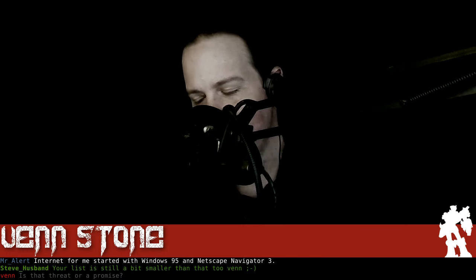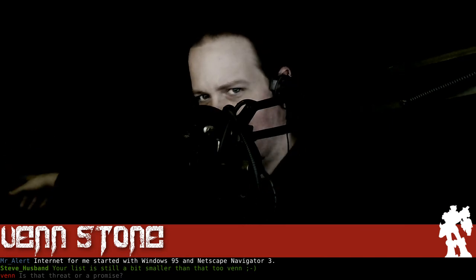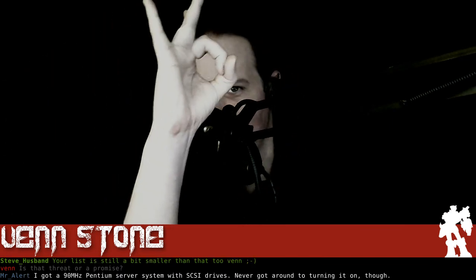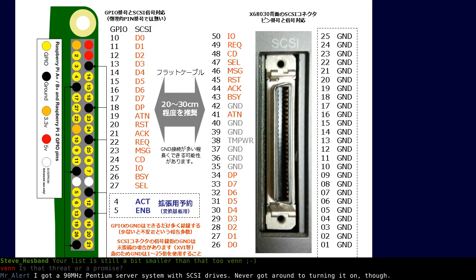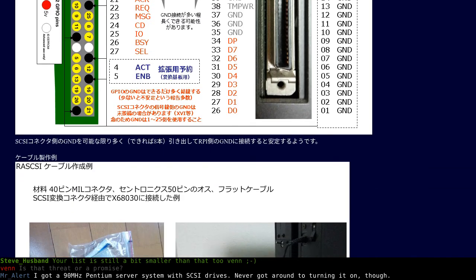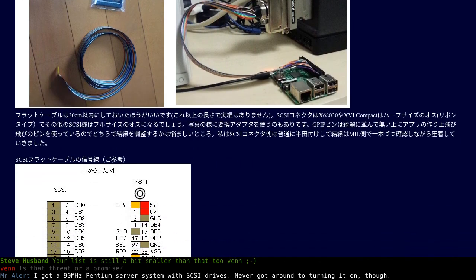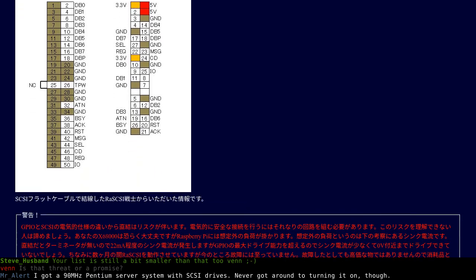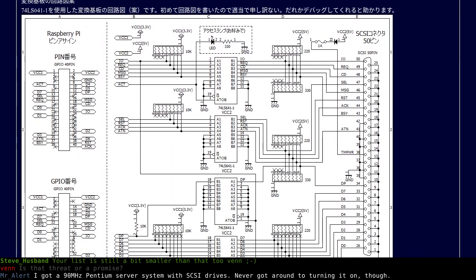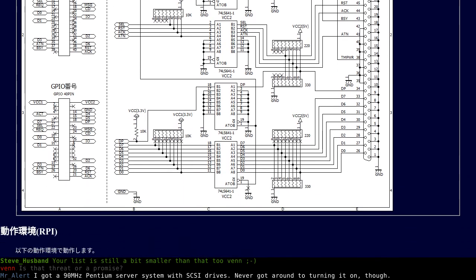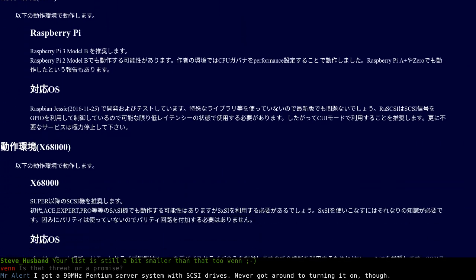Oh man, I have one over here in the tech closet, an external SCSI Ultra Wide 2 kit. Yeah, the one he's made available also comes with a very tiny ribbon cable that you will need to basically do the wiring yourself to plug it into the GPIO and to the SCSI network.